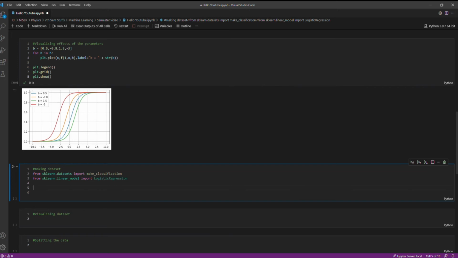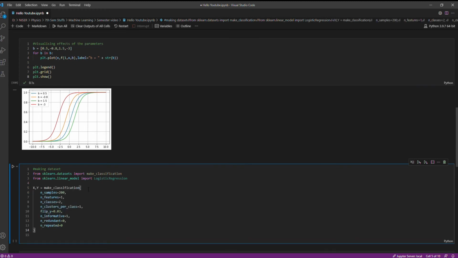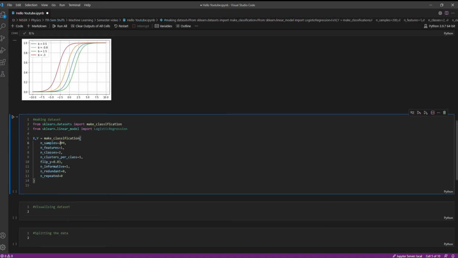For this make_classification, you can see the documentation on their web page. I am just copy pasting it. Yeah, this is the documentation part. So let us change the sample a bit. This make_classification function takes these parameters and outputs x and y.